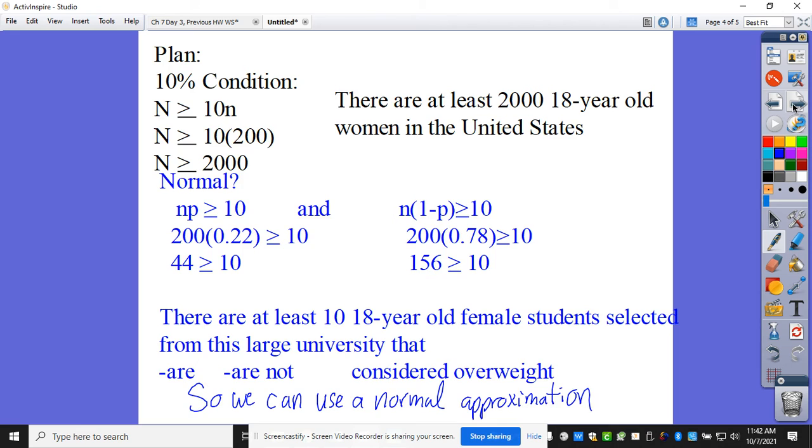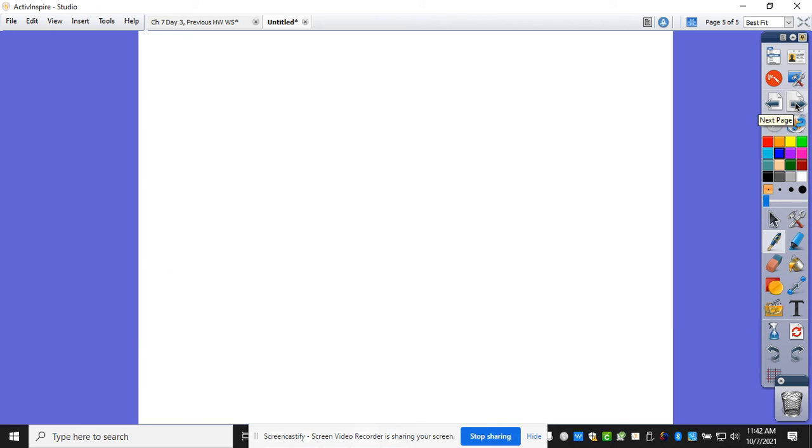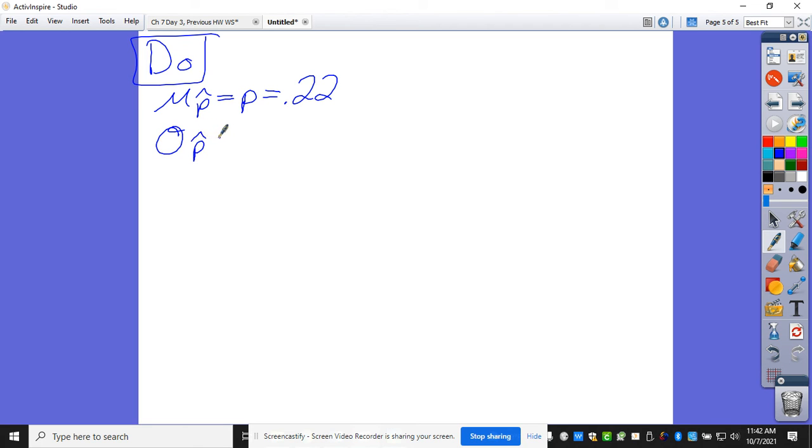What's the first thing I write? So symbols wise, I write what? The mu of p hat, which equals 0.22. And then I go into what? Sigma of p hat, which is what equation? Square root of